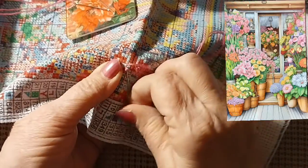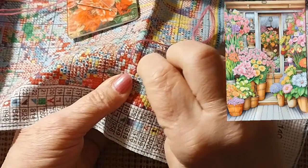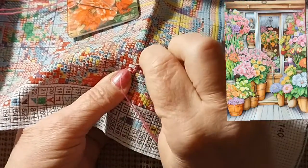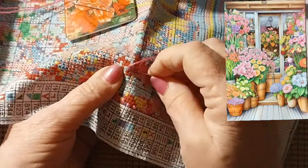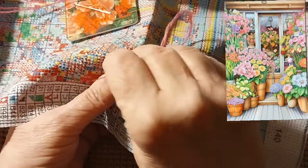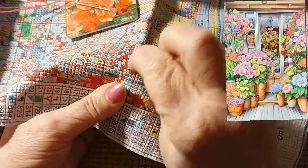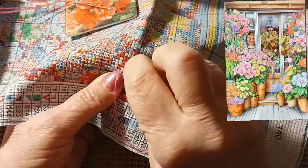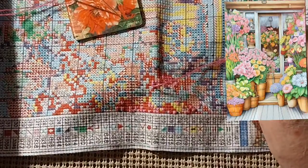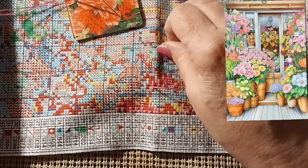But this canvas seems to be just fine. It's a little rough, you know, feeling. It's not like that smooth canvas stuff, but that doesn't bother me at all. I'd almost rather have this. It gives better. Does that make sense? But that other stuff, it's so stiff, it just hurts my hands to stitch. Because I'm so busy trying to grab a hold of it, and then it springs back to life. So I prefer this to that smooth fabric. And it doesn't break down like Joy Sunday fabric. It's way better. I don't know where they get their material in comparison to where those other people do, but